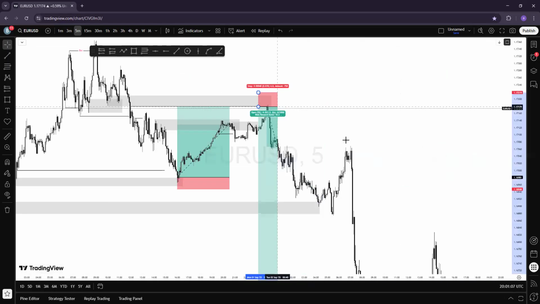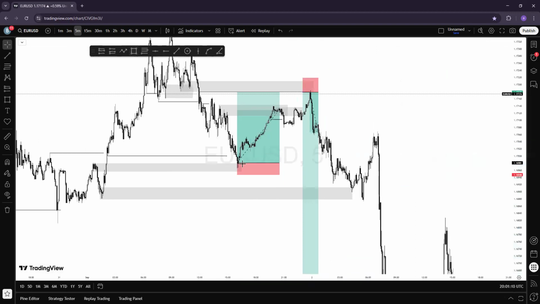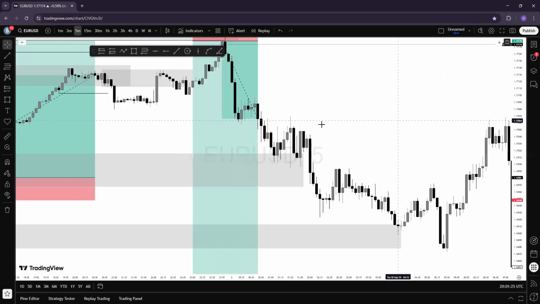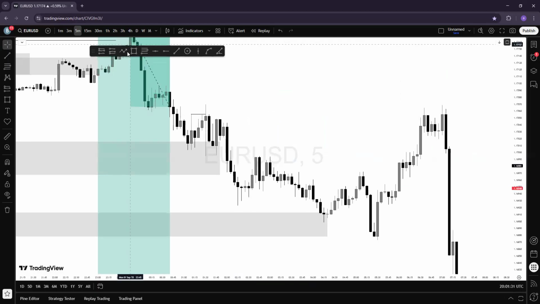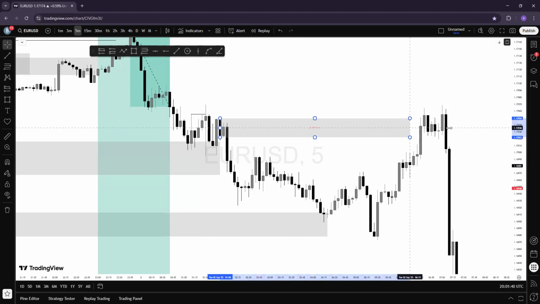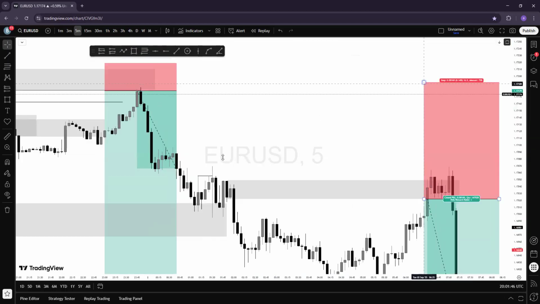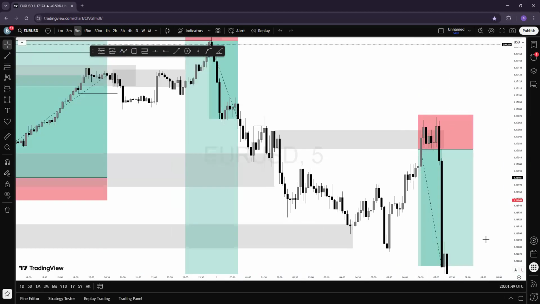This is another entry here, another POI. Now, a lot of people will say this is change of character now. And then what do you think they want to do here? They want to buy. And then let's check. The market gave confirmation as if it wanted to buy by breaking this point for them and then failed. So we have another trading range A, B, and C. So this POI will be another second entry on this trade. Then stop loss above this guy. Then target the same level.